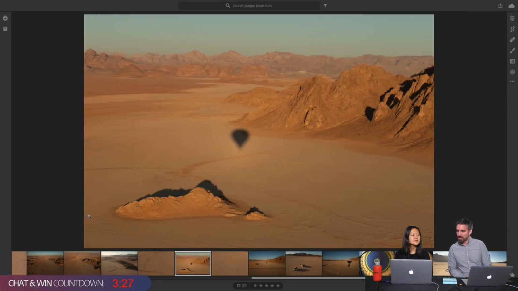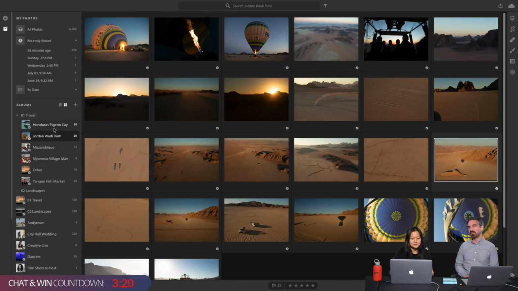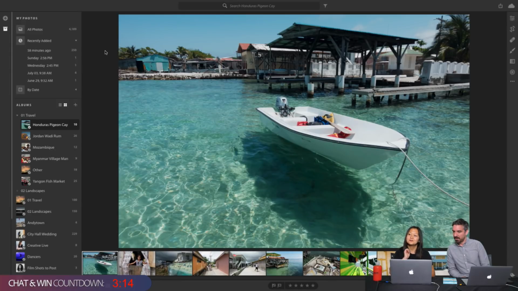Do you want to share another story, maybe? Sure. Another travel one, because today the theme is travel. Tomorrow we'll cover landscape photography and then mobile photography on Thursday. So where are we now? This is another small set of images, from Honduras. This was actually the final 10 that I narrowed it down to.